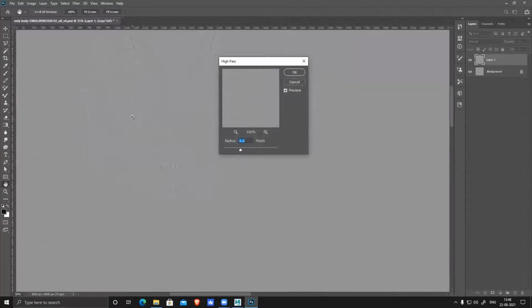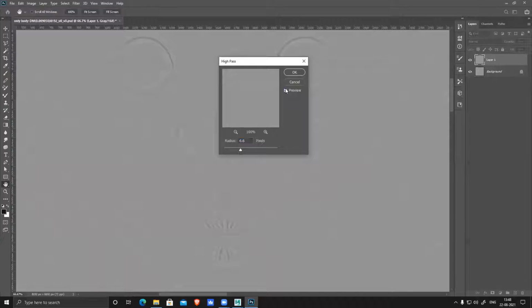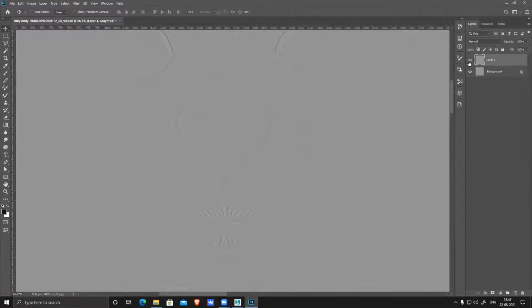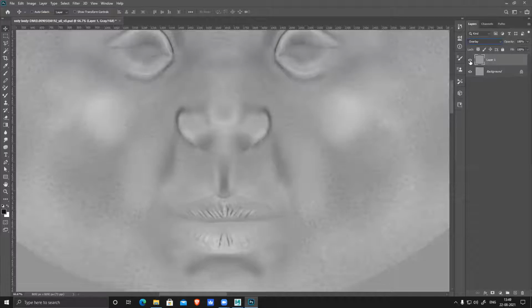If you zoom in, you can see it basically removes any white and black. It makes everything gray. You can reduce it also if you want. This is without any white part. Sir, how do we open that high pass? Filter, Other, High Pass, and then change to overlay. It basically makes all the pores a little sharp.